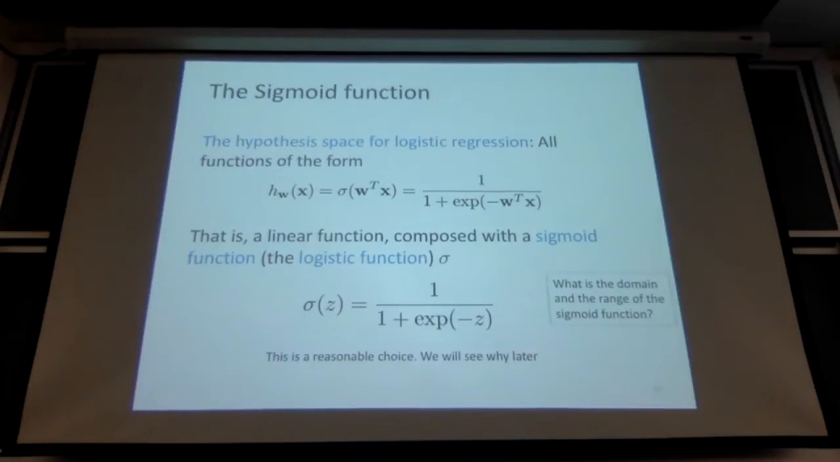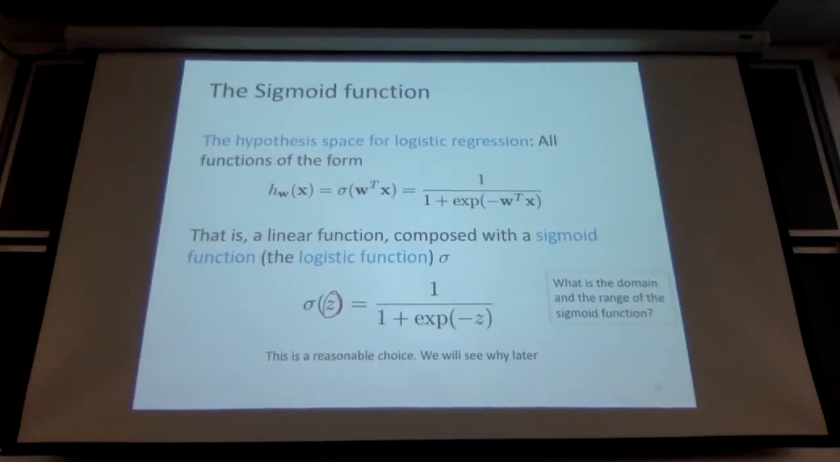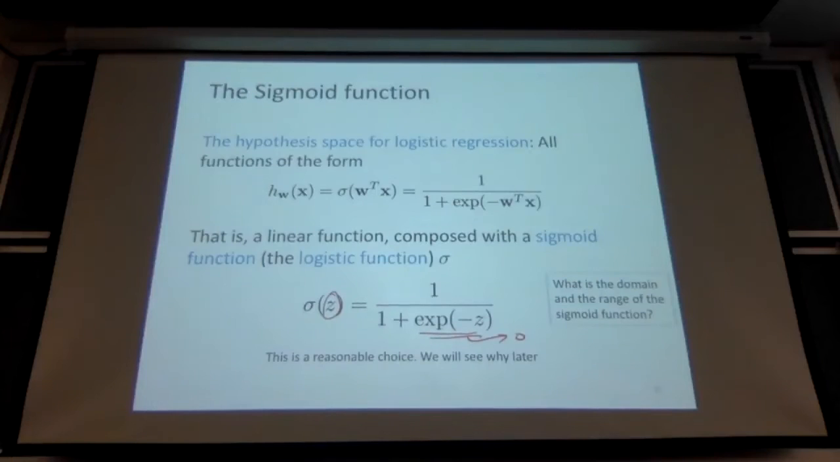Now, why is this a reasonable choice? We need to think about what's the domain and range of the sigmoid function. The domain is simple. It takes any number, right? It can take any real number. When the number z goes to infinity, this quantity becomes 1 because this becomes 0, and you get a 1. When z becomes 0, this quantity, the e power minus z,